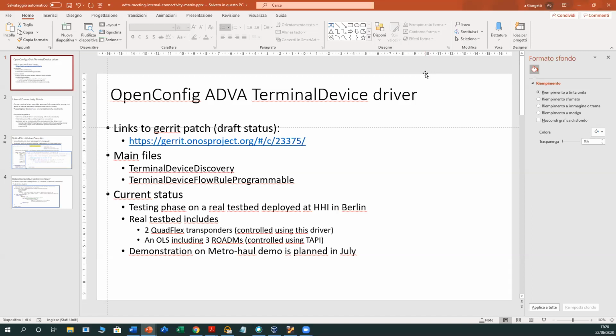At the moment, it was assumed that either there was a one-to-one mapping, meaning that the client-side port was mapped to one line-side port, done through the port annotations, or there was no assumption at all, and ONOS could just pick any input and output port. Obviously, that wouldn't work